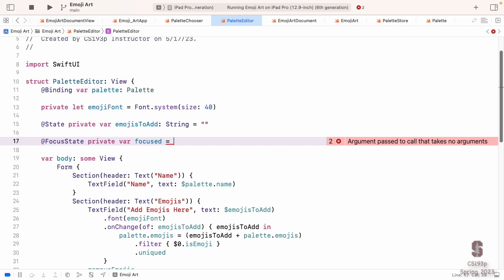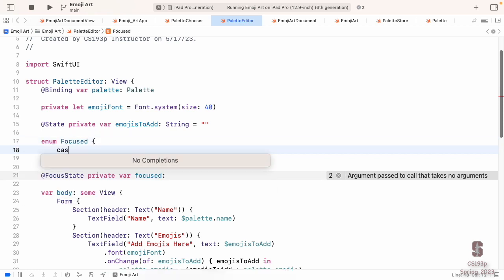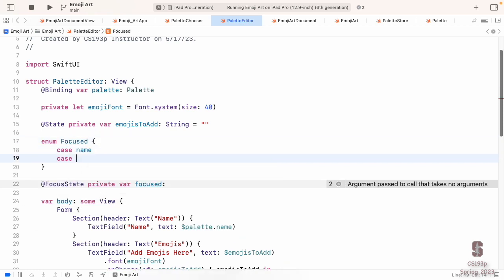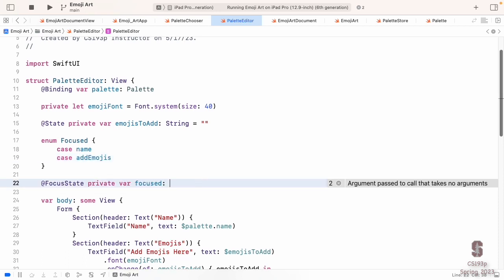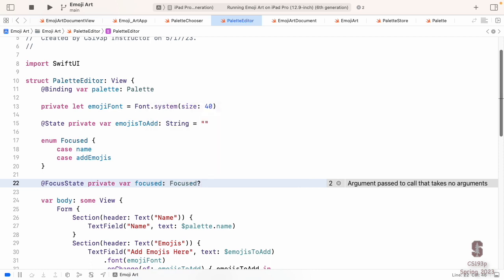But we have two text fields. So I'm going to make my focused be my own little enum. So let's create an enum Focused, and it's going to have the name or the add emojis. Those are the two things that can be focused. And so my focus is going to be a Focused, and it has to be optional because neither of them might be focused.